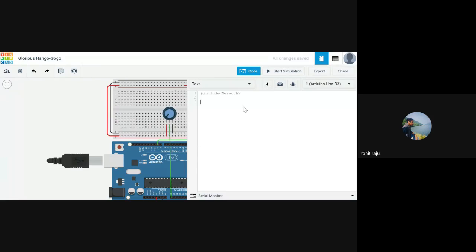And this has a lot of classes, so we need to make use of one class we have in the servo.h, called the Servo class. So we have a concept called classes. Make note of that. So this is a Servo class, and we need to create an object of any name for my servo. You can create any object of your choice. I'm creating it myServo.